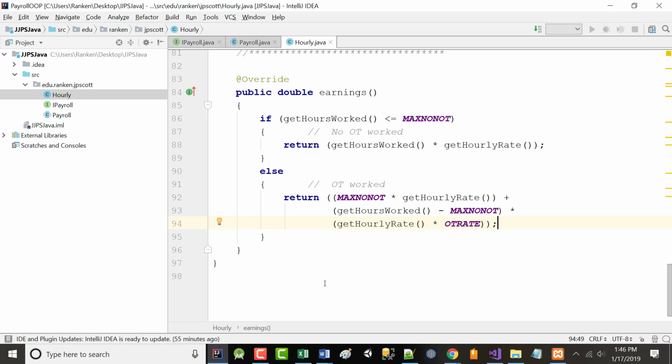That's going to give us 10 times their hourly rate, which is 10 times 1.5. So that's 10 times 10 times 1.5. So that's 100 times 1.5, which is 150. So that'll give them 400 plus 150, or $550. That makes sense? Right?